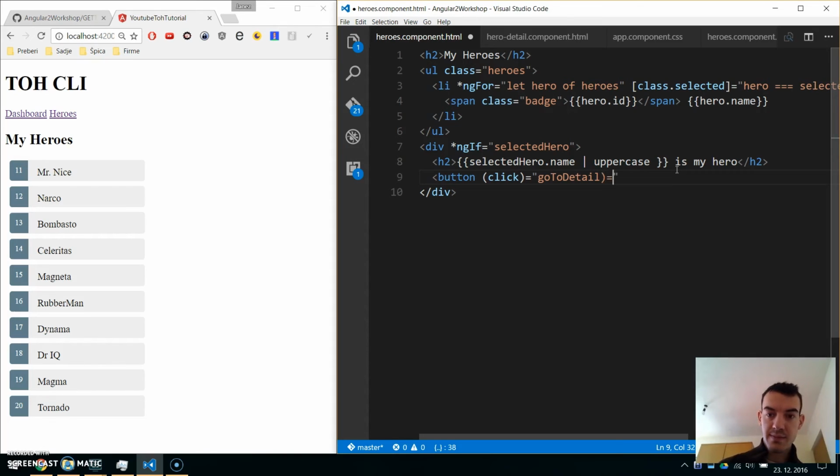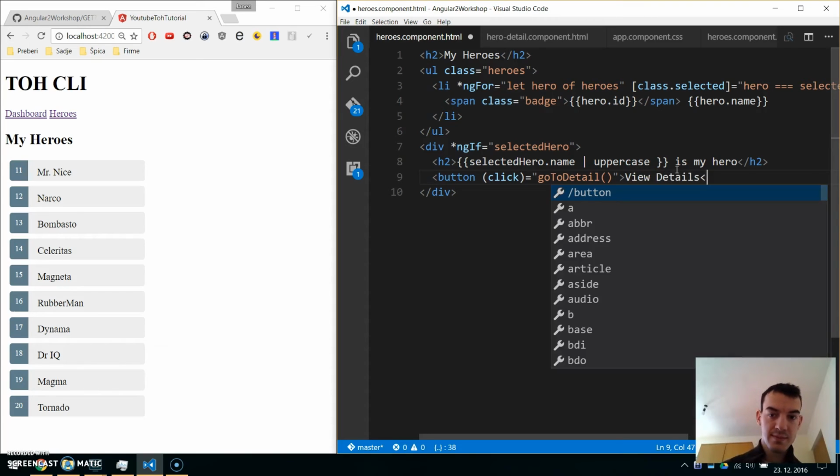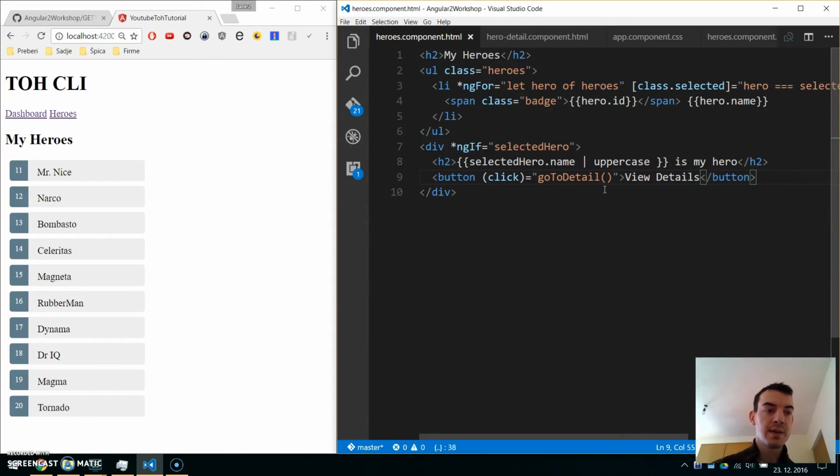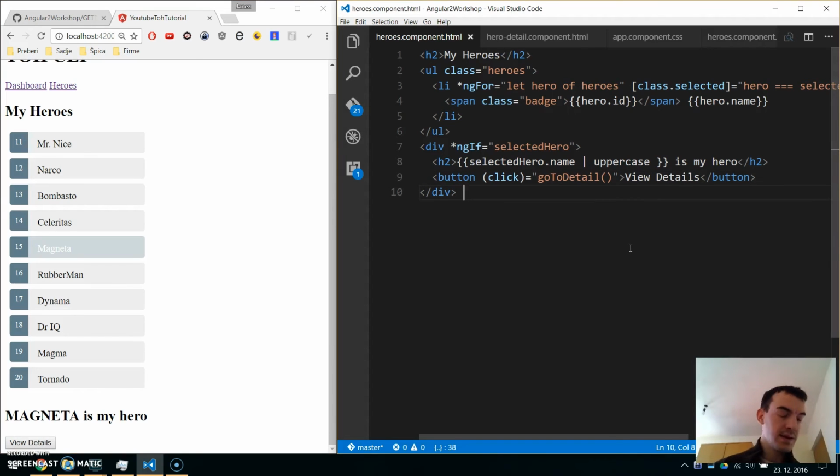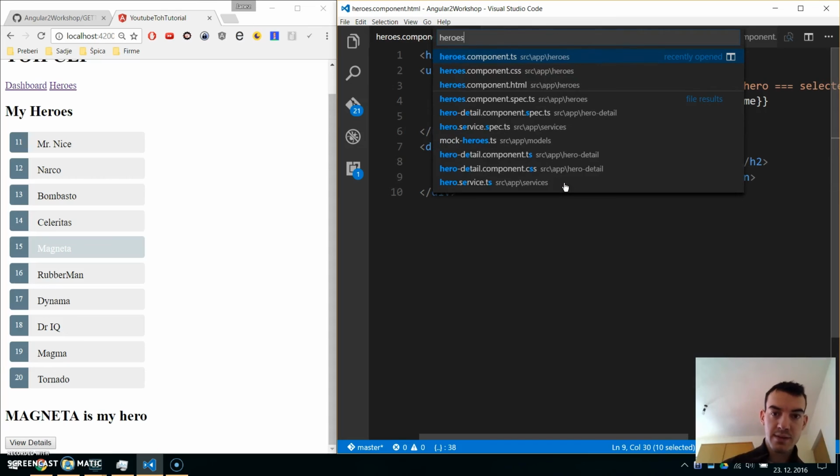and every time we click this, we will be redirected to the hero detail component, like this, and View Details. Okay, now when we select a hero, we will get this div with the name and View Details link. Okay, like this. And now let's go implement this. So go to the heroes component TS,